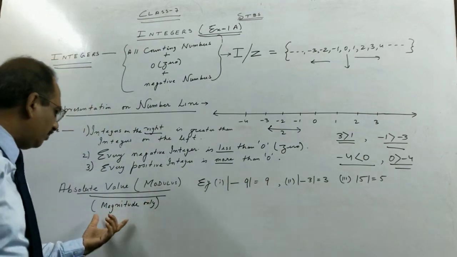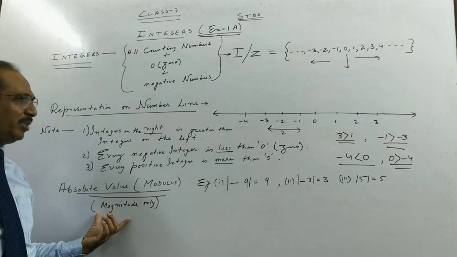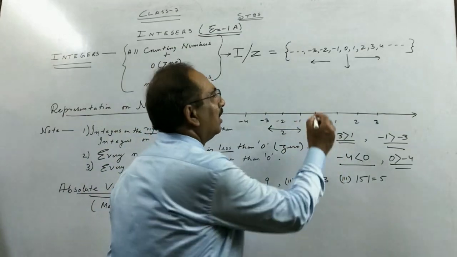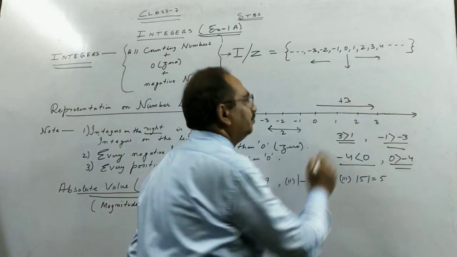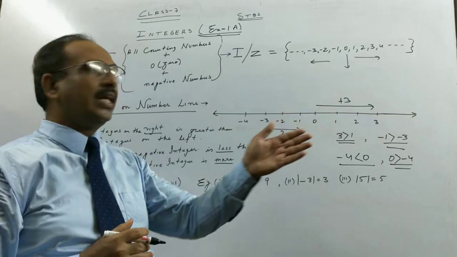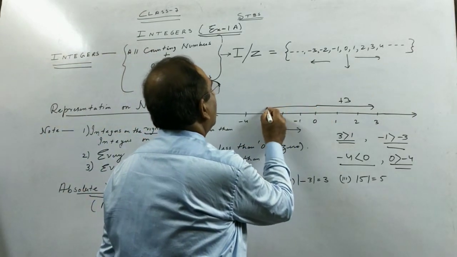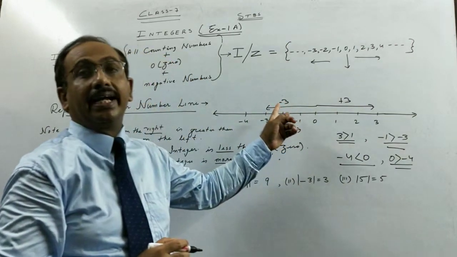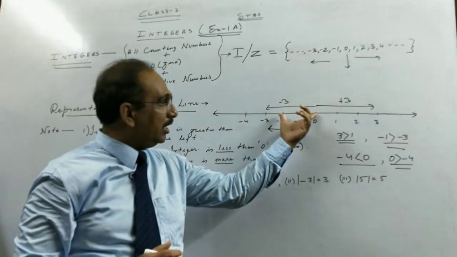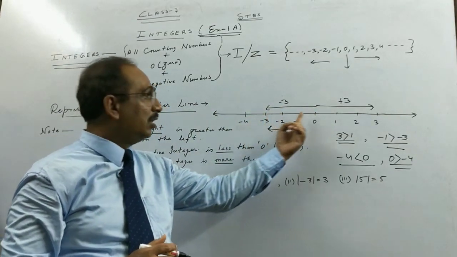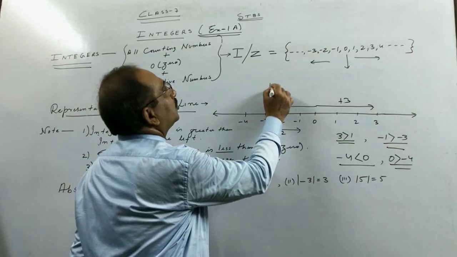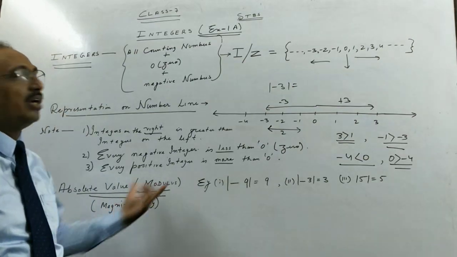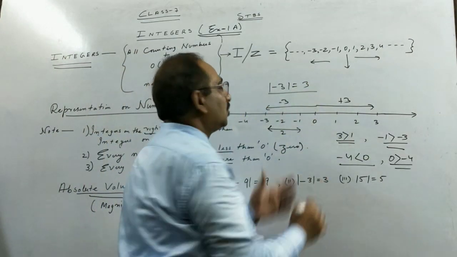Sometimes it is also called magnitude. Magnitude means the main value. This is more applicable in physics also. You walk towards this side, we call it plus 3. If displacement is towards the right, you go plus 3. If you come back, we go 3 kilometers, and minus sometimes indicates the opposite direction. Suppose we walk 1 kilometer, 2 kilometers, 3 kilometers. But in absolute terms, that is mod, modulus, how much have we walked? 3 kilometers.